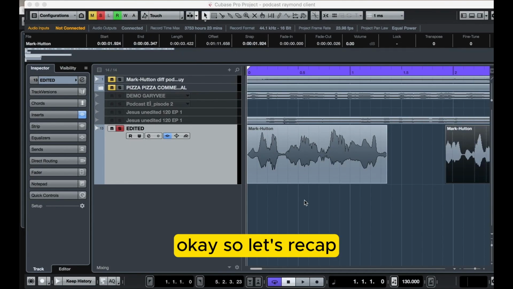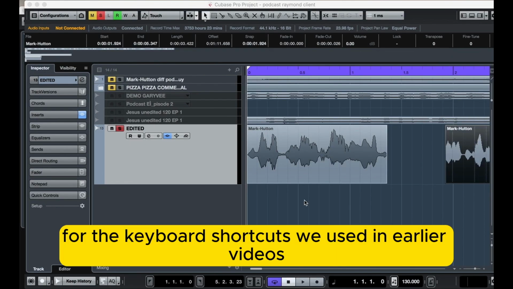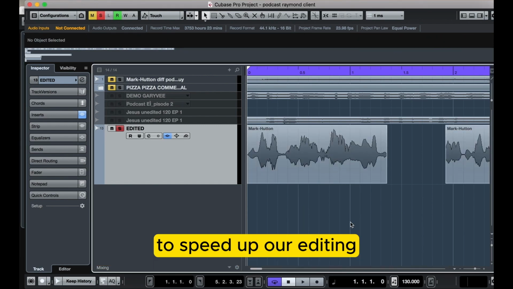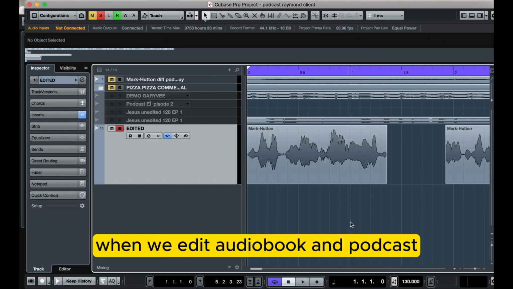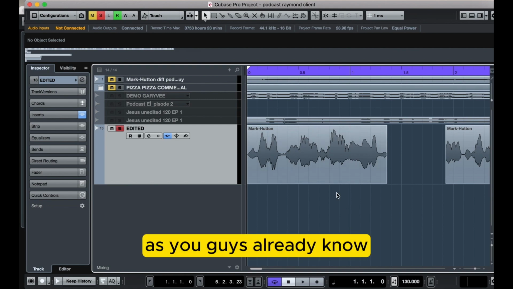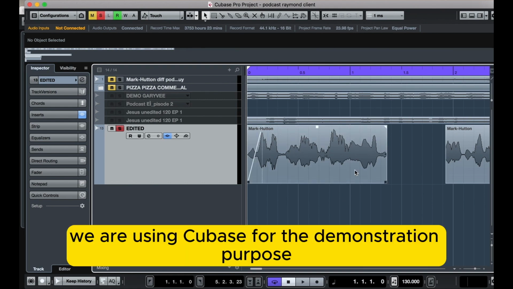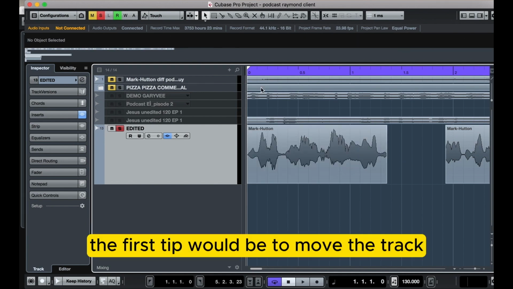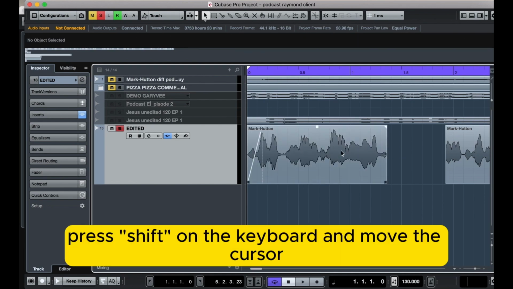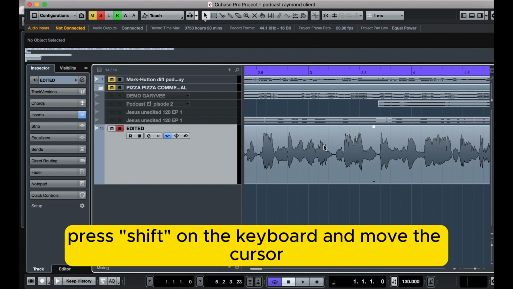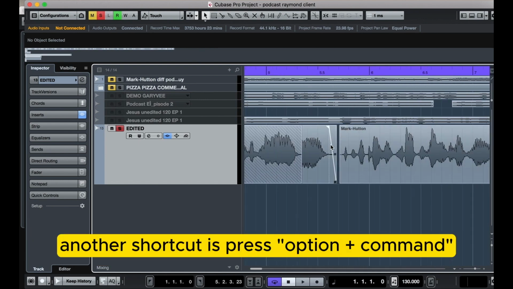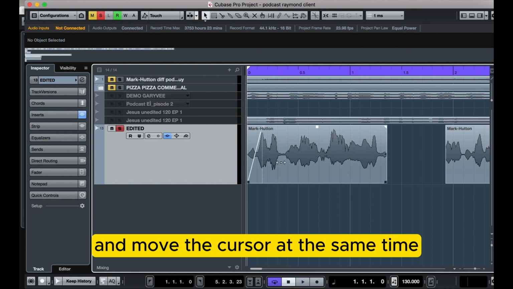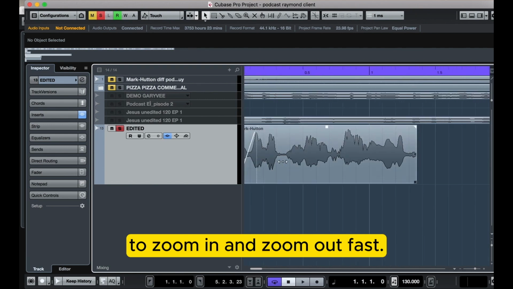Okay, so let's recap the keyboard shortcuts we used in earlier videos to speed up our editing when we edit audiobook and podcast. As you guys already know, we are using Cubase for the demonstration purpose. The first step would be to move the track from left to right: press shift on the keyboard and move the cursor. Another shortcut is press option command and move the cursor at the same time to zoom in and